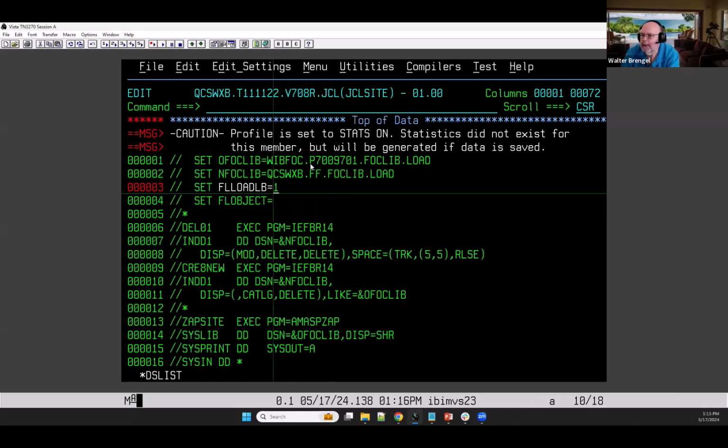Of course, I got rid of all that. T123422, the 708R, FocLog loadlib,